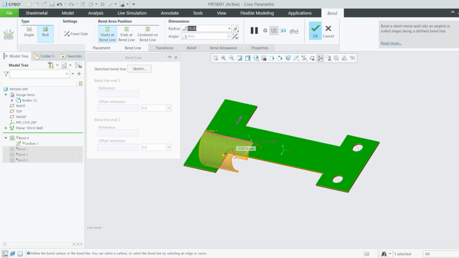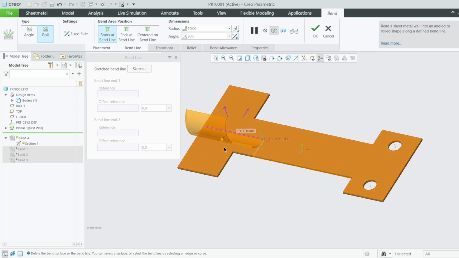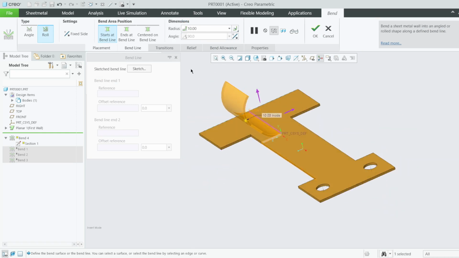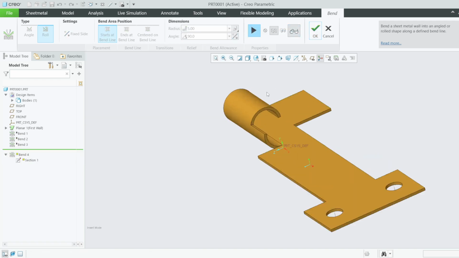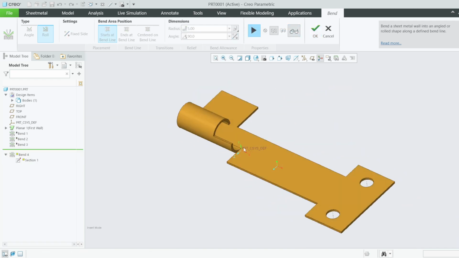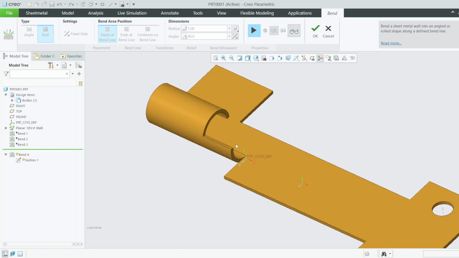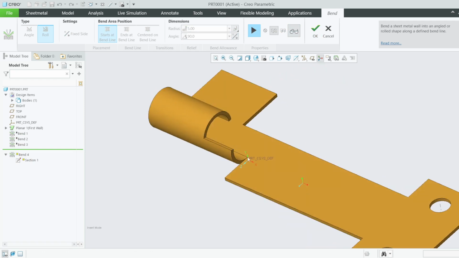Okay, then remember we said for you to use roll, this value has to change. If I go to 10 up, okay, let's see now what is happening here. Once you select roll, and once you select a higher value of the bend radius, let me use 5, it starts to roll. But you can see now we are rolling only the section where we have defined our bend, and that is not the intention of making this part. You can see it is stopping exactly on using our sketch,